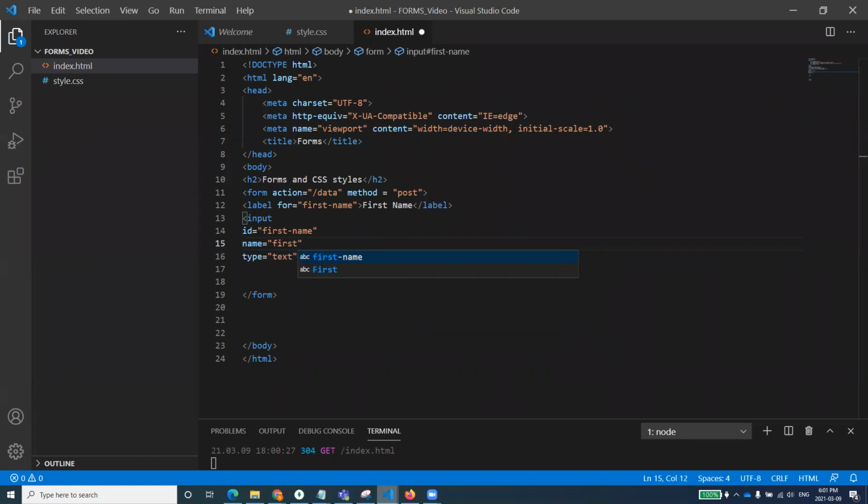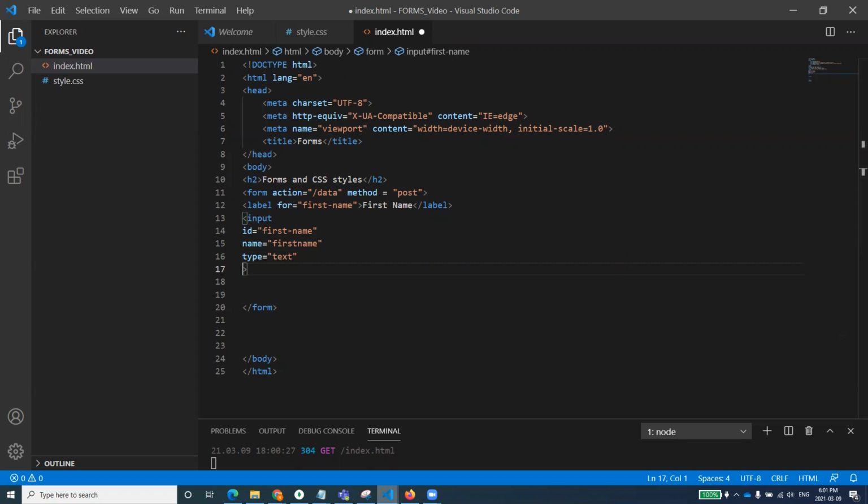And I hope you know what the difference is between this name and ID. This ID is used for accessing this input element for our CSS or for JavaScript, and this name is used for accessing the value of the form field on the other page. When we send our data to the other page, this name recognizes what specific control has been sent with what data. So first name will recognize this input box on the next page, right? I hope that makes sense.